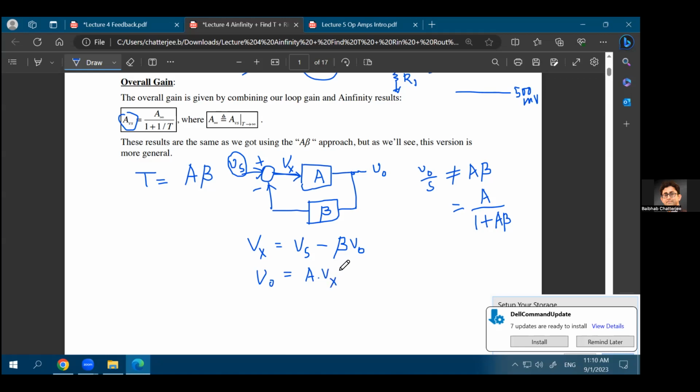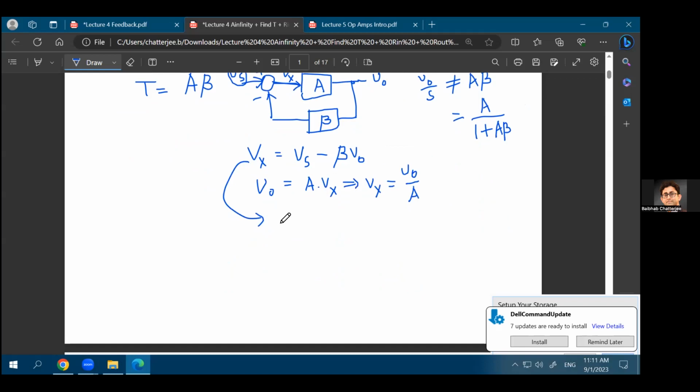Okay. Now from these two equations, what you can say is that my Vx is equal to V naught divided by A. Now I'll put this back into my original first equation, which will now read V naught divided by A, that is your Vx, that is your left hand side, will be equal to Vs minus beta times V naught. Now this means that you can take this beta times V naught on the left hand side and then take V naught common. So you'll have V naught times 1 upon A plus beta equal to Vs,